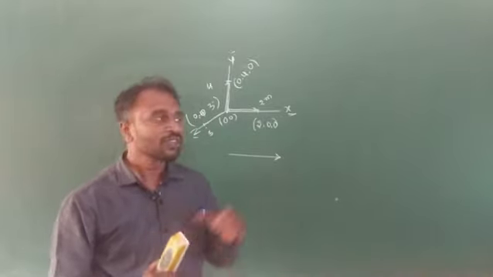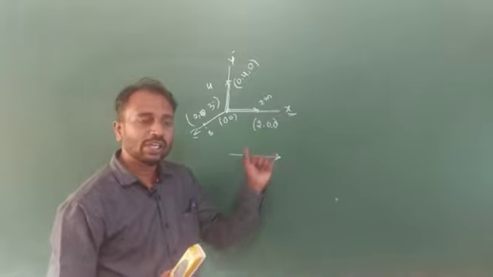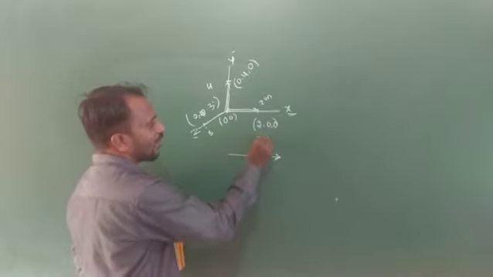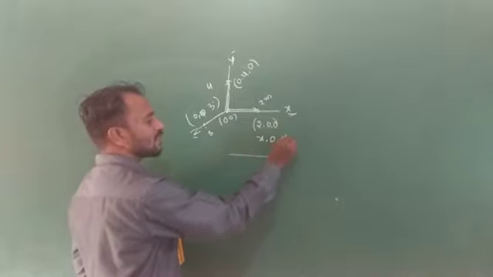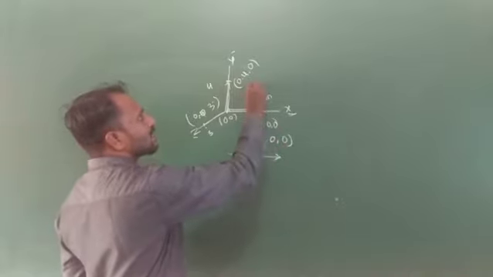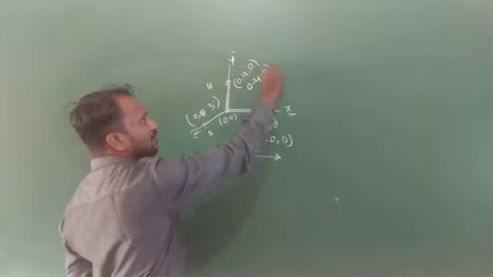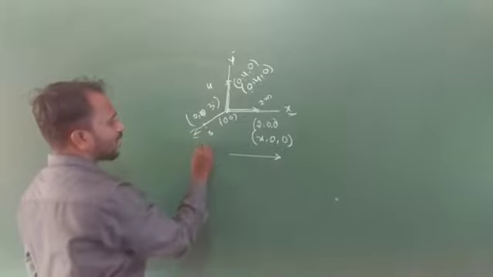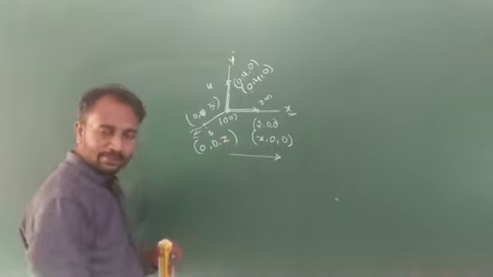Along the x-axis, it means for x we consider a particular value, y-axis 0 and z-axis also 0. And here the x-axis value is 0 and for y we consider a particular value and z-axis is 0. And here the x-axis is 0, y-axis is 0 and the z-axis has a particular value.